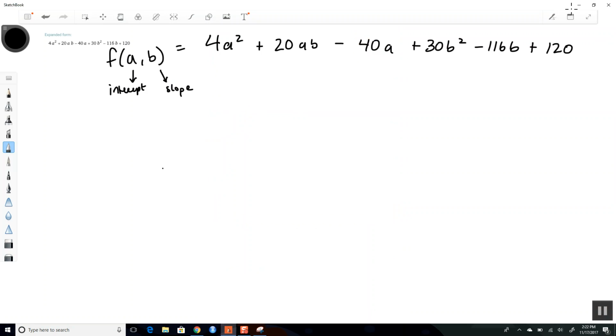All right, so we've got this. If we were to make a contour plot, this is the worst line. Okay, we would have something that looks